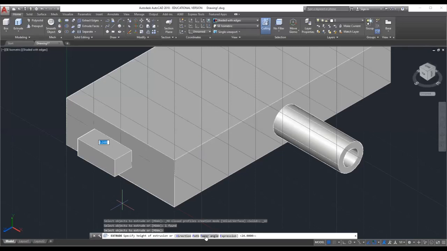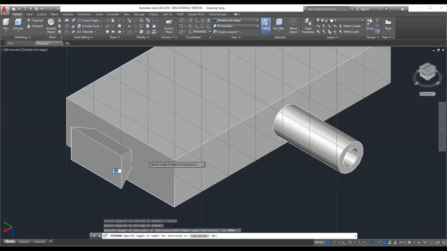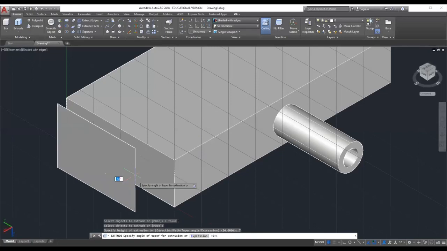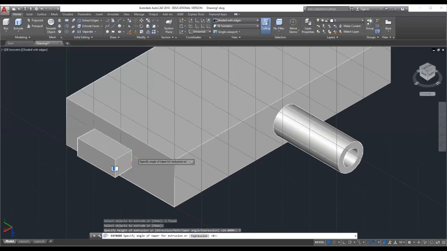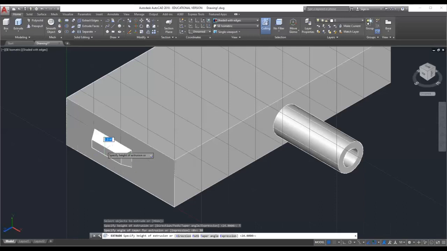Okay, click on taper angle. The taper angle should be, I'll enter 30 degrees, enter. Specify the height of extrusion, 2.5, enter.